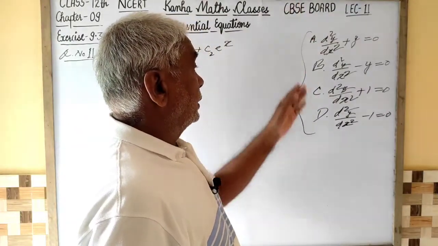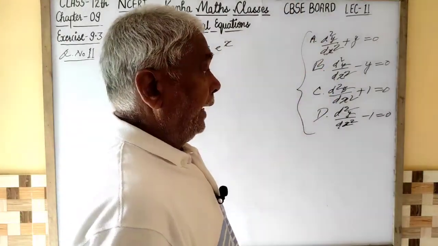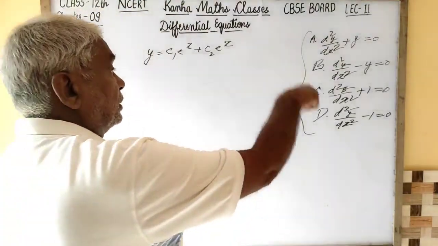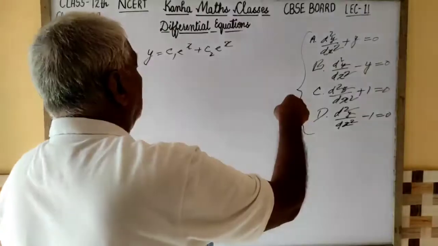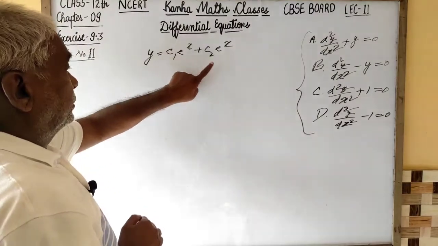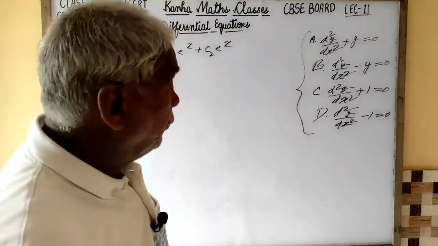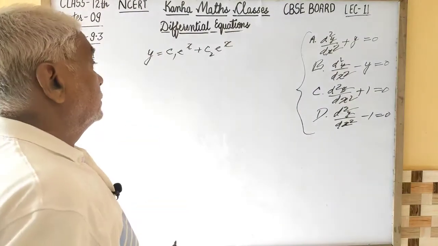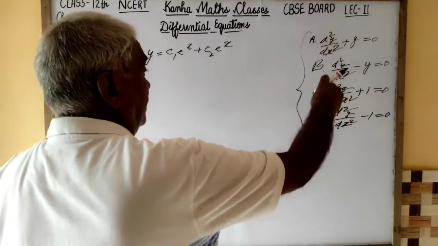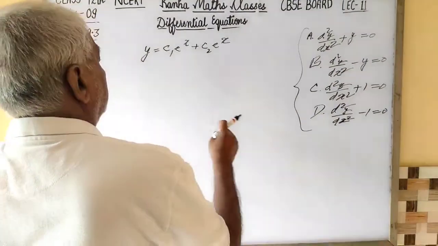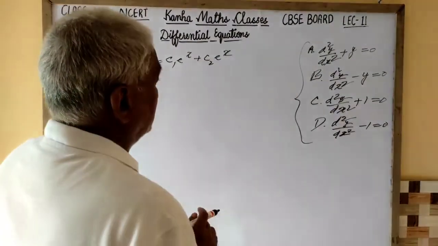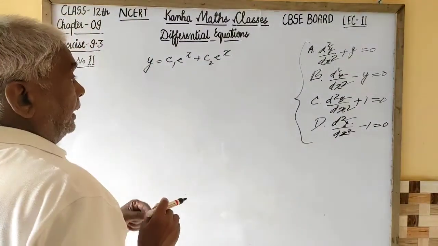There are 4 alternative differential equations and you have to determine which of these 4 has the general solution y is equal to c1 e^x plus c2 e^x. Now we have to determine which differential equation among these 4 alternatives has this general solution. Now in order to decide the correct alternative